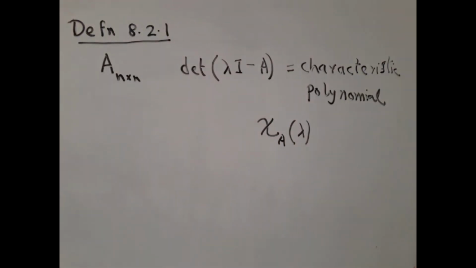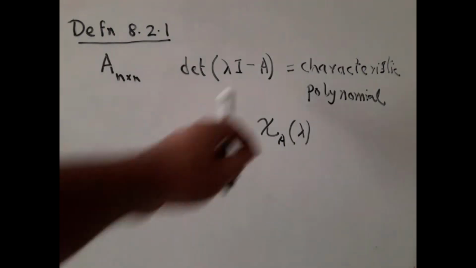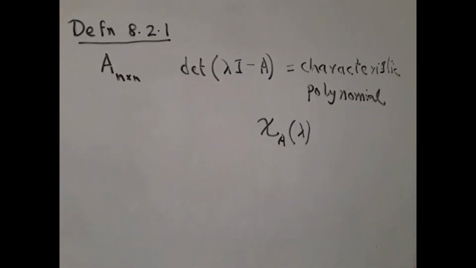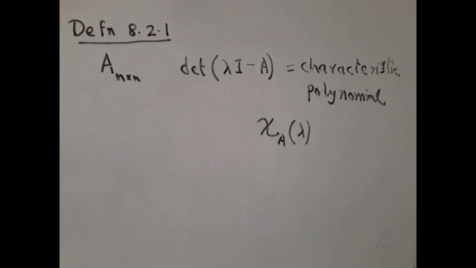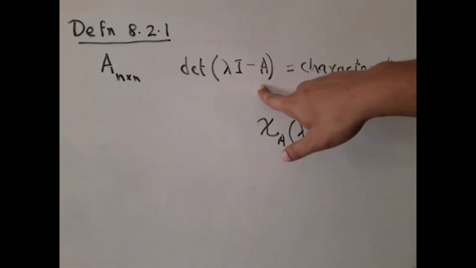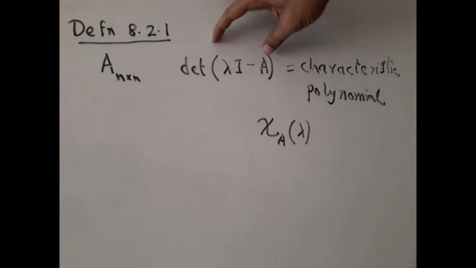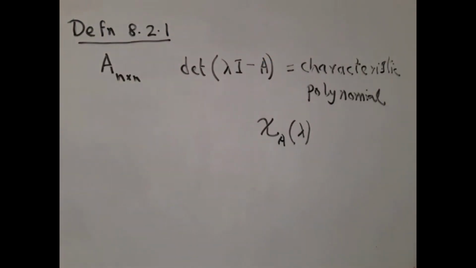Now let's quickly understand two things. Number one, just now I talked about A minus lambda I. Why did I switch to lambda I minus A? There is no great reason. In fact, many authors define it to be determinant of A minus lambda I. But remember, the only reason we are caring about this is to check whether this is a singular matrix or non-singular matrix. So even if you switch them around, the singularity or non-singularity will remain the same,